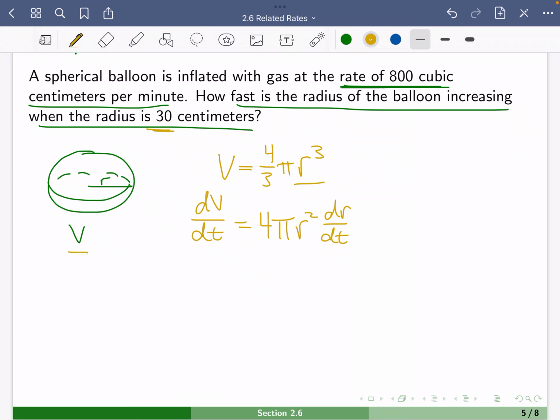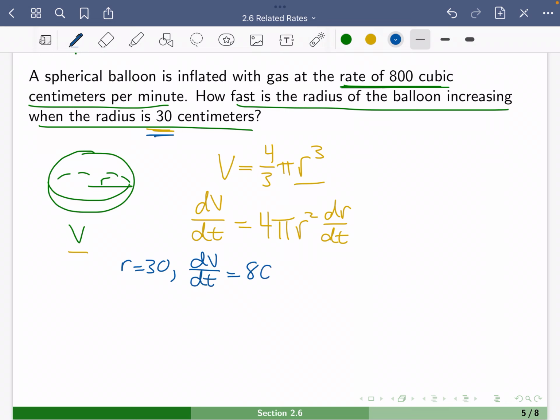Now, what else do we know about this situation? Now we're going to plug in values. We want to know when the radius is 30, so we're going to plug in r is equal to 30. What is the rate that the volume is changing? We're trying to figure out dr/dt. Do we know dV/dt, the change in volume with respect to time? Well, that was given up here. That was the 800. So dV/dt